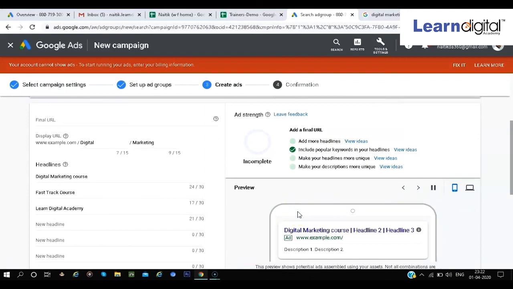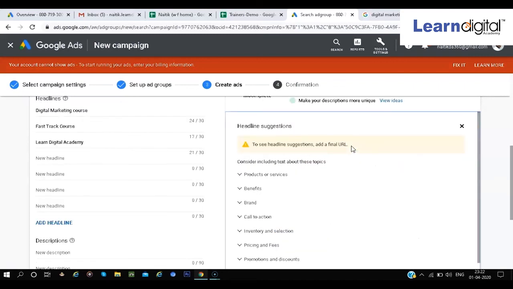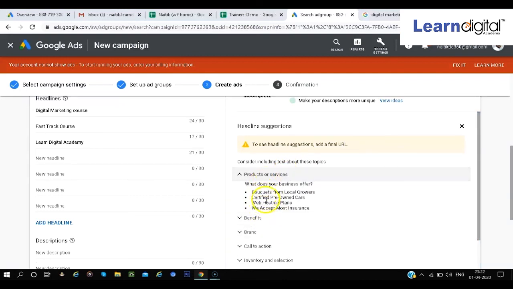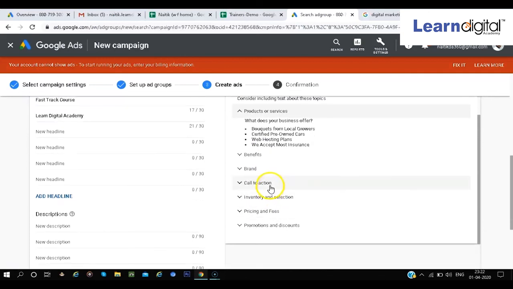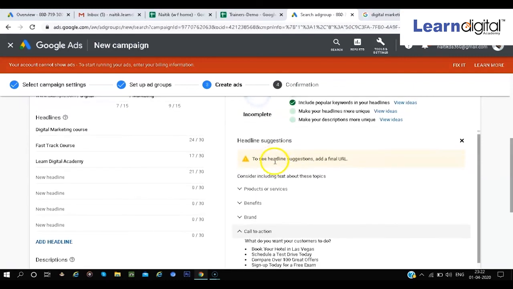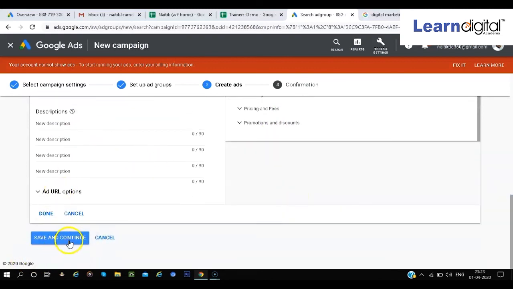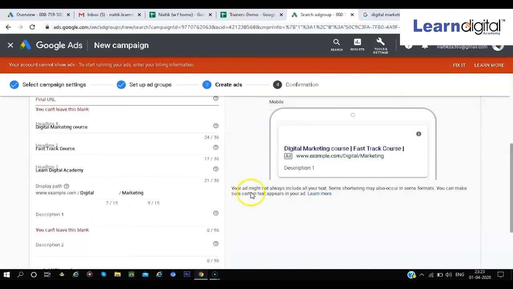If you are not sure how to create headlines and everything, you can still get an idea from here. For example, you want to check how to create headlines. If you have a product or service, you can mention it in this way. These are the examples: what does your business offer? Bouquets from local growers, certified pre-owned cars, web hosting plans. In the same way, we have best digital marketing course. If you want people to click on it, to take action, then you can go for book your hotel now, schedule a test drive today, compare over 100 great offers. These are some examples they've given, and with this help, you can decide the best headline for your business. Once this is done, you can go for save and continue,